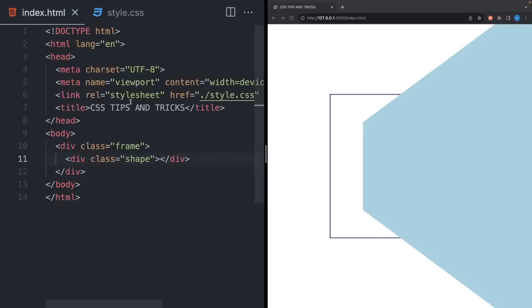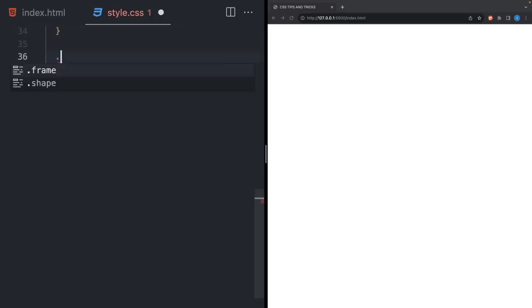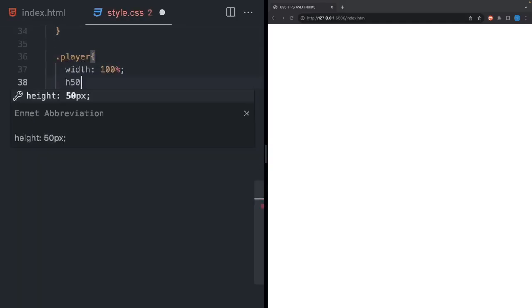And the other CSS property is aspect ratio. It's the proportional relationship between the width and height. Let's say we have a custom video player and we want to set its width 100% and the height is